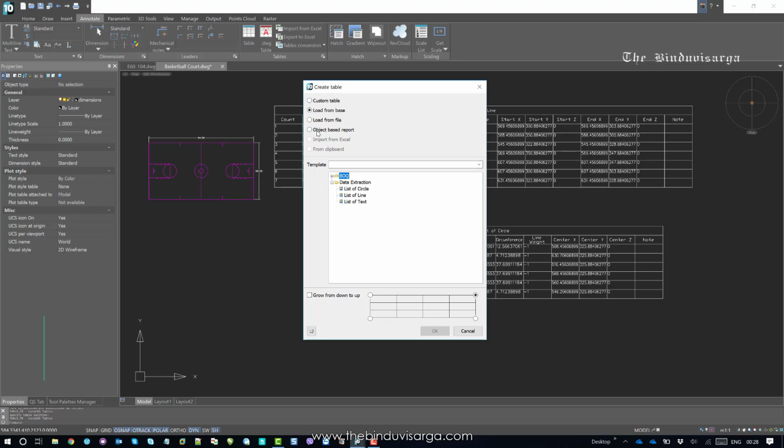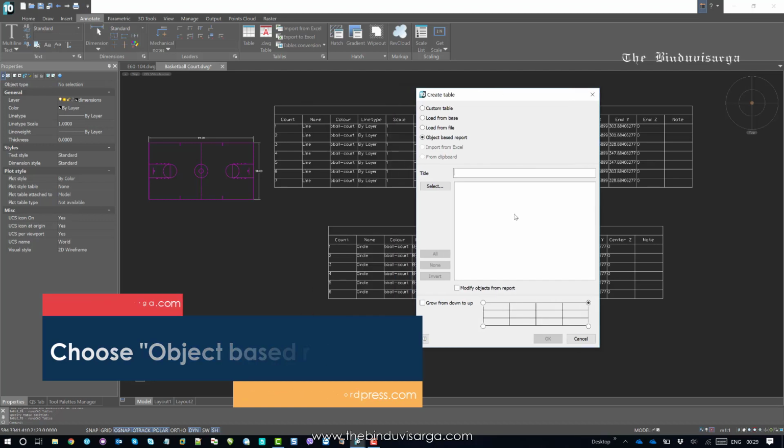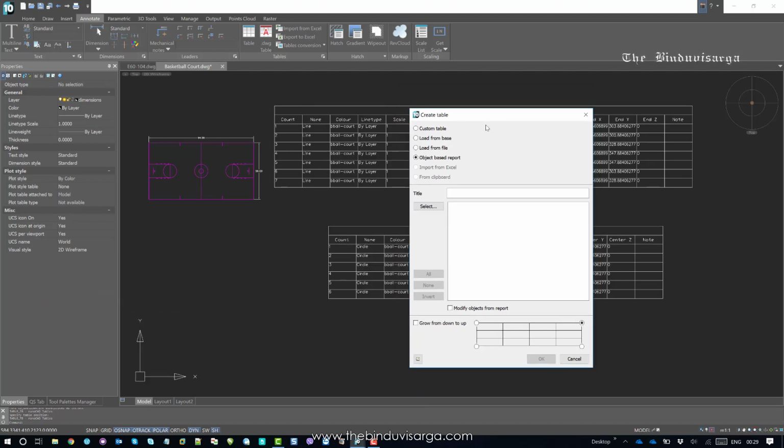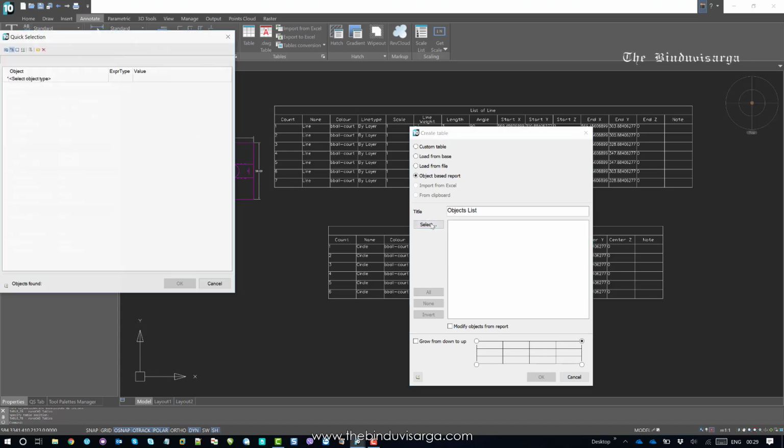You can directly go to the object based report, and then you can write the title of the report. For instance, you can say objects list, right? And now just select objects,